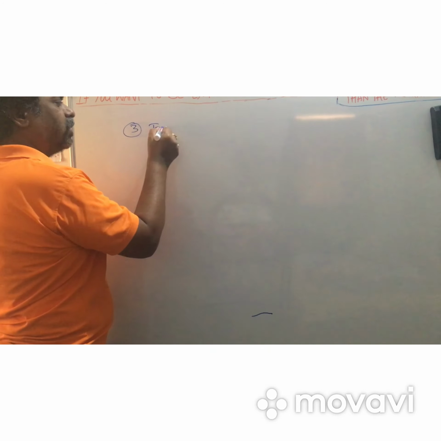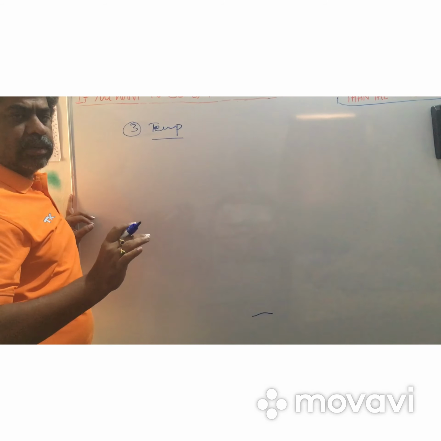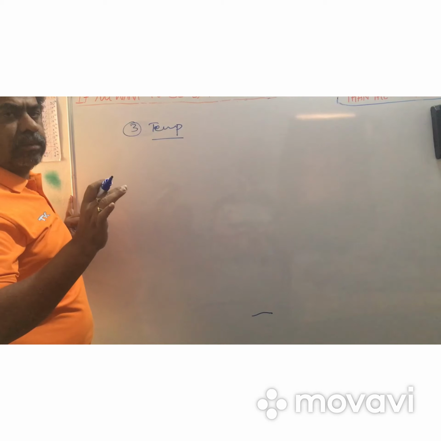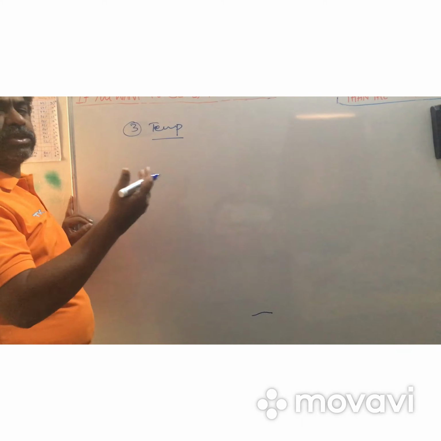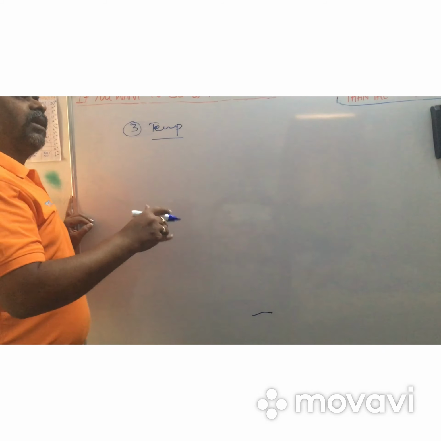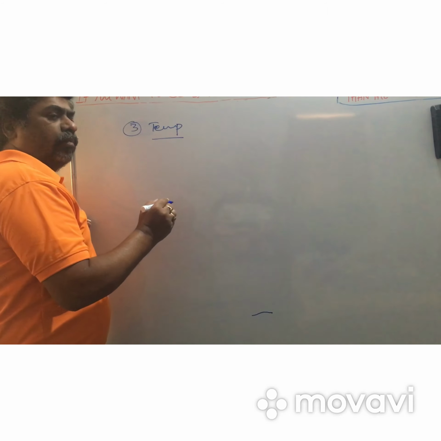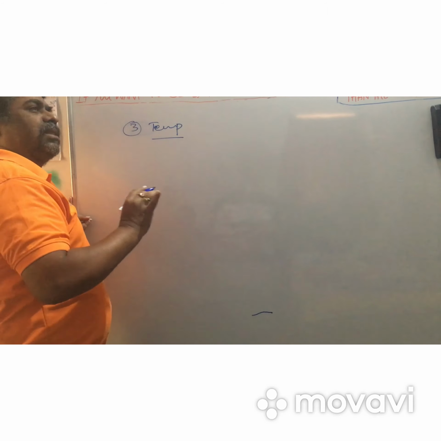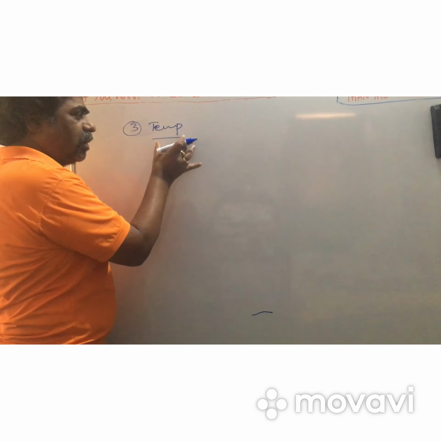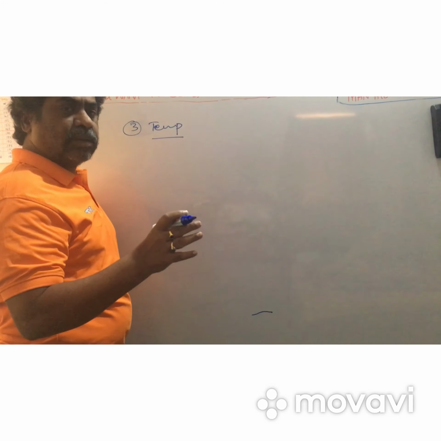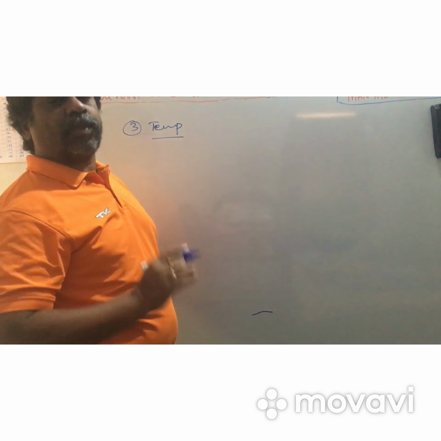In this temperature condition, as the temperature increases, the kinetic energy of the liquid molecules increases and the velocity increases, so the rate of vaporization increases. If the rate of vaporization increases, more molecules go into the vapor state, so the vapor pressure also increases. The final conclusion is that as temperature increases, the rate of vaporization increases, so vapor pressure increases, but it is not directly proportional.